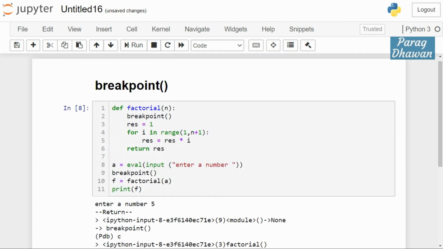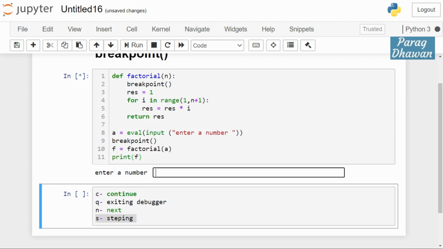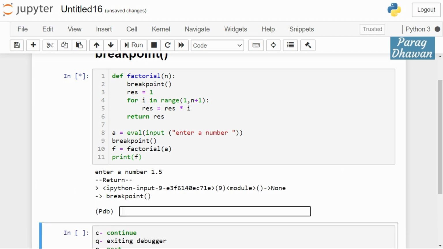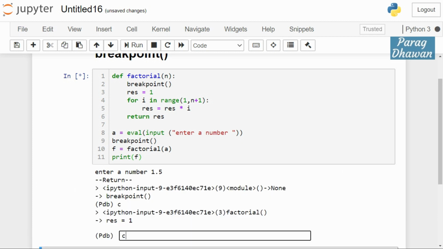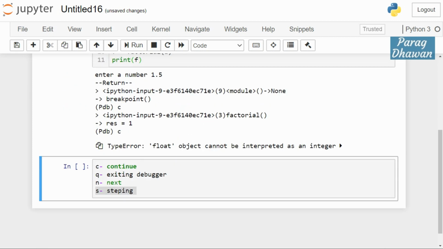Now I want to show one more thing. If I run this cell, provide at the input 1.5, enter, run C, again C, you get an error, floating point object.